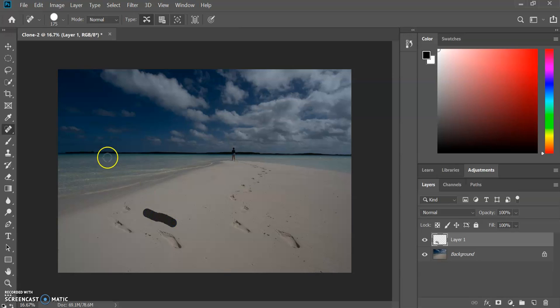And that's actually turning out a bit dodgy, so you might want to instead use the healing brush tool to selectively select parts of the image and replace them. So you'd select part of the sand that's clear and replace it on the sand that's dirty, dotted with stuff. So I want you to have a play with it, using the healing brush tool to copy parts of these footprints to other areas,